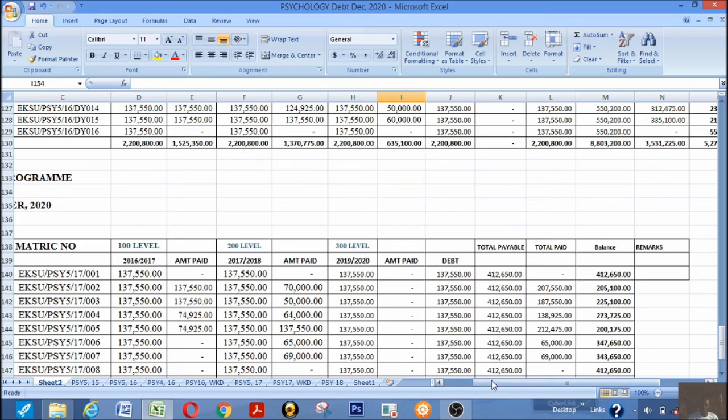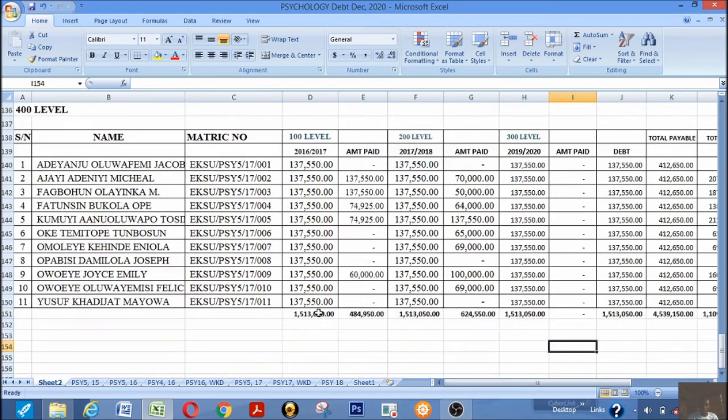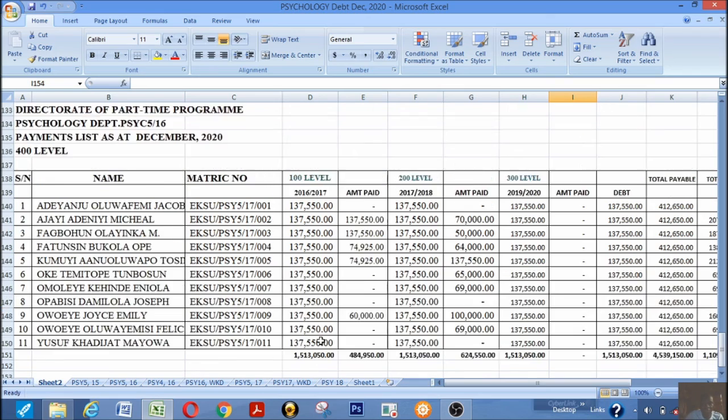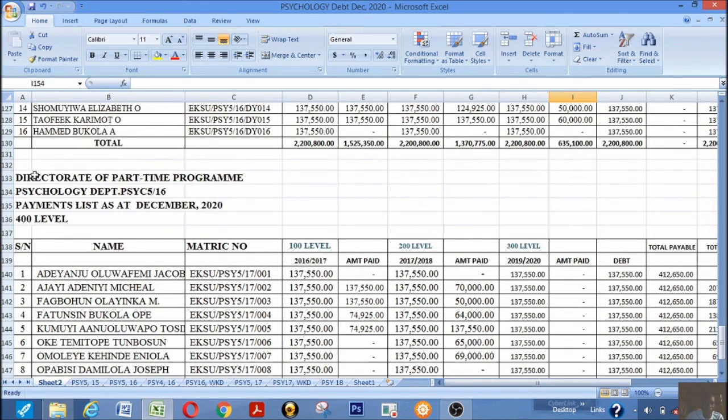So that's for this particular session. That's how to generate a debtor list for a particular period of time. Let's try another